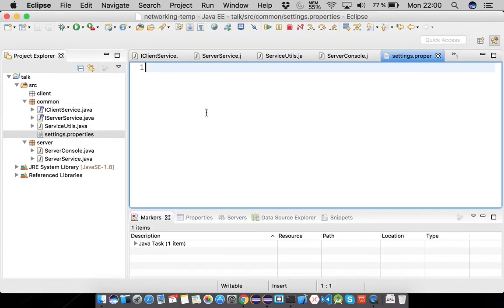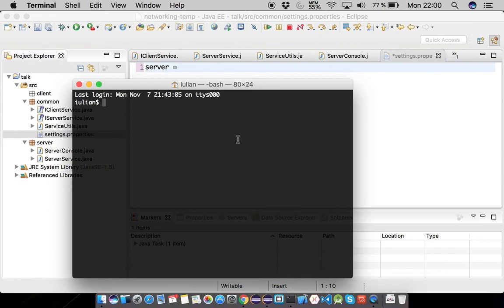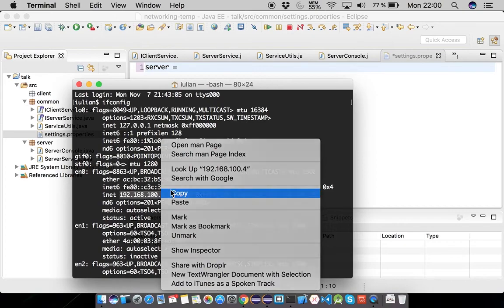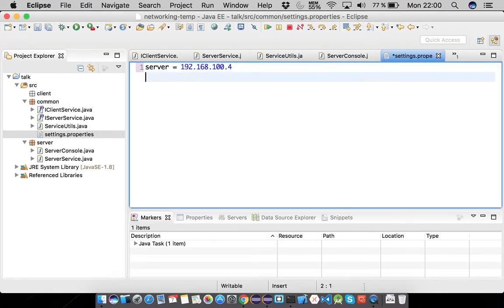settings.properties, and this should say what is the server, what is the IP of the machine that we use to exchange messages with. So let me just take my IP for the Ethernet connection. So this is actually my IP at this moment. So let's just copy this. Then we need a default port on which we start the service. And I think we need somehow an URL,